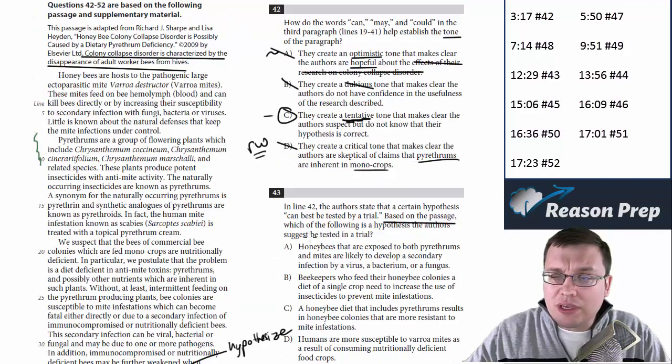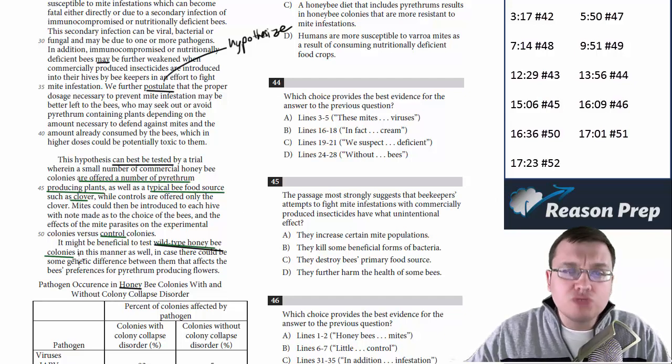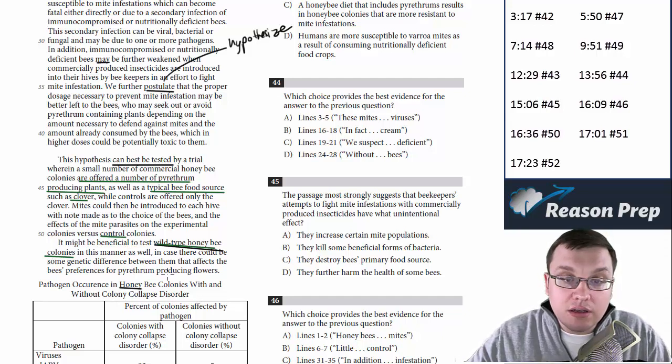Let's go back to see what we skipped. Did we read this yet? I don't know if we read this part yet. Let's read this last bit. It might be beneficial to test wild-type honeybee colonies in this manner as well, in case there could be some genetic difference between them that affects the bees' preferences for pyrethrum-producing flowers. Okay, so